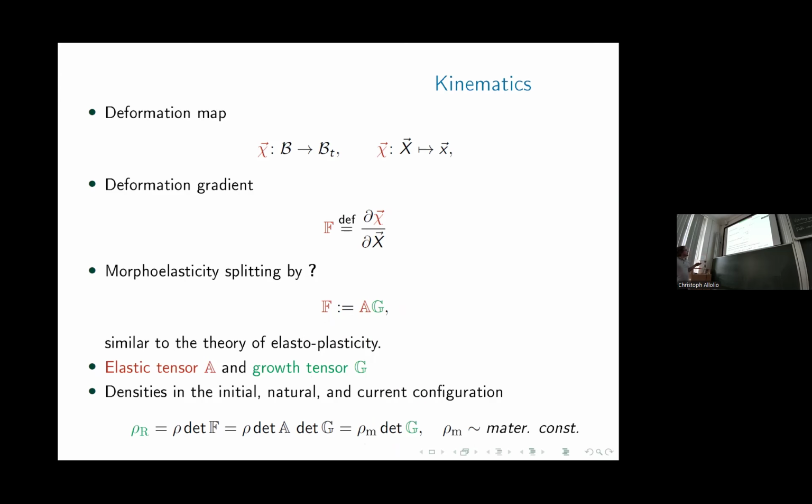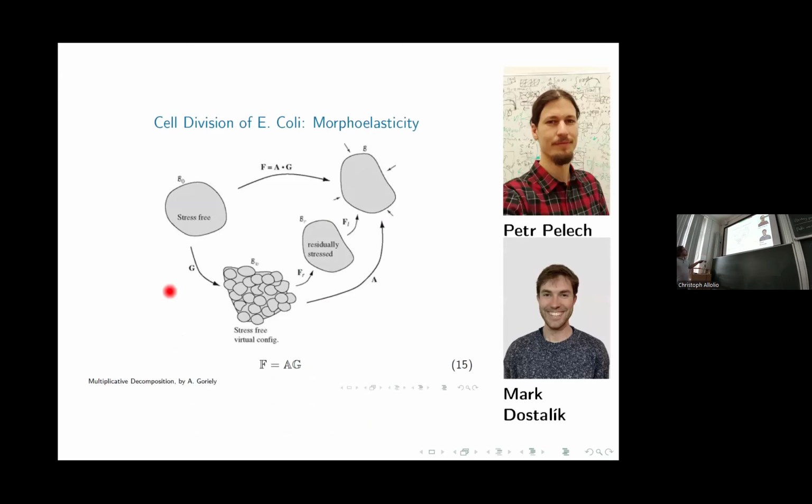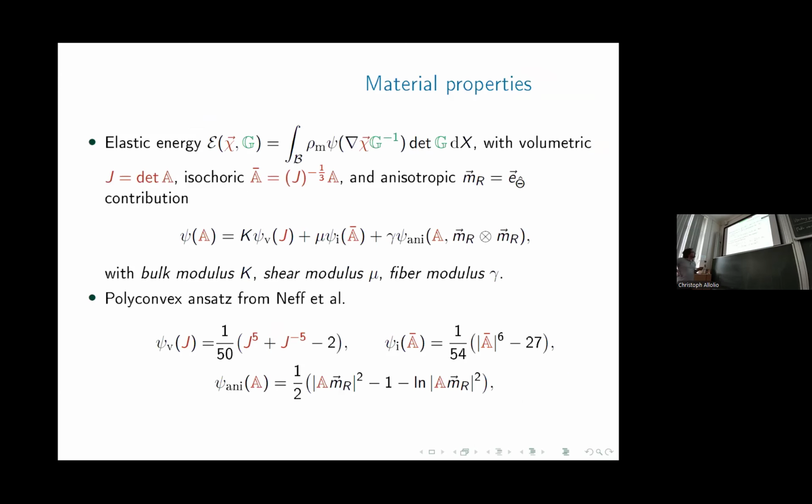Okay, so this is the basic setup. You have your stress-free reference configuration, then a growth mapping, and from that the elastic one. This is a little bit messy, but this is the theory of morphoelasticity by Alain Goriely, and this was done by Petr Perlich, essentially the work here. So Petr used an elastic energy functional, which is this polyconvex ansatz here, because to make it extra